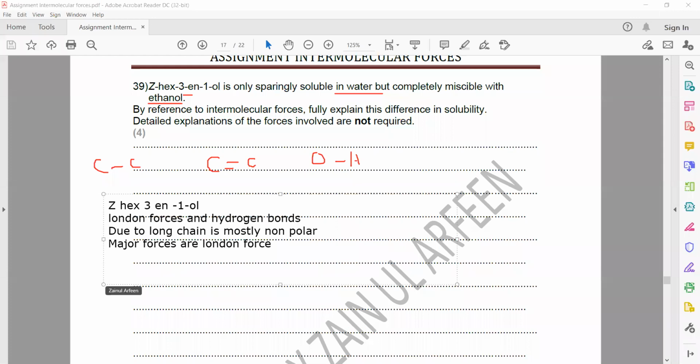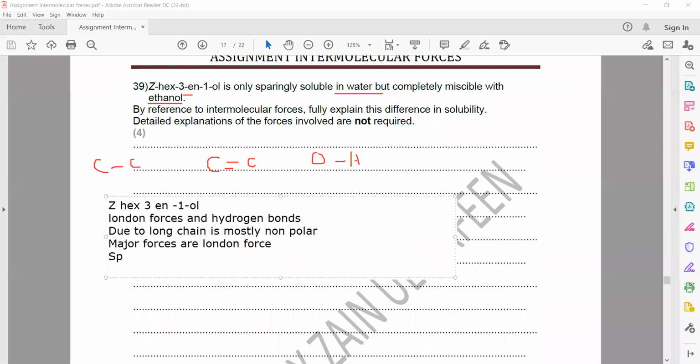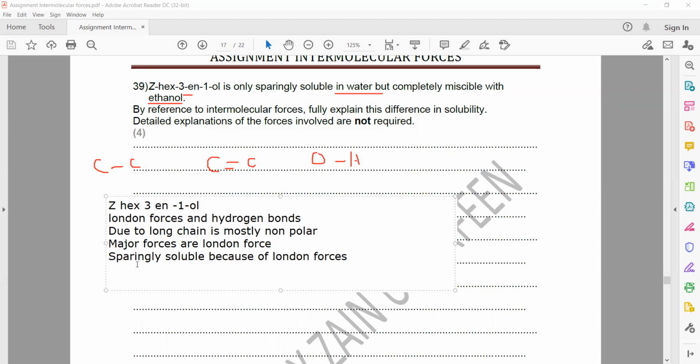It is sparingly soluble in water due to London forces, and completely miscible